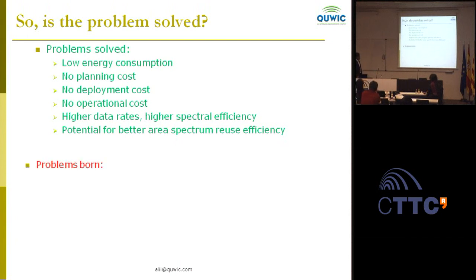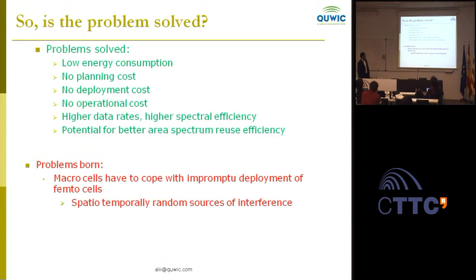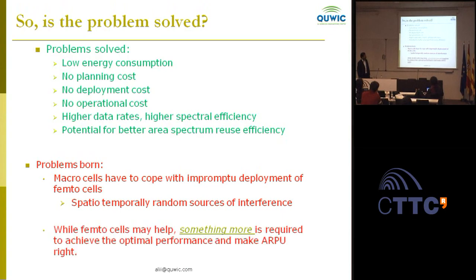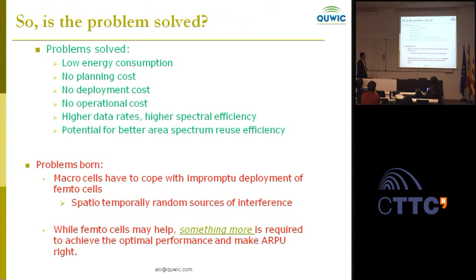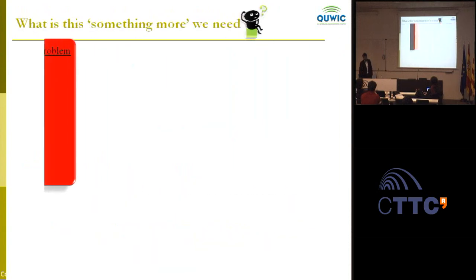But if life was so easy, then nobody would ever have thought about heaven. The problem is it's not only the femtocells which have to have SON. If you put femtocells in your network, you need to have SON everywhere in your network, even in macro cells. So you solve some problems, you create some problems. So what is the something more? We need something more in addition to these femtocells. And to understand what this something more is,